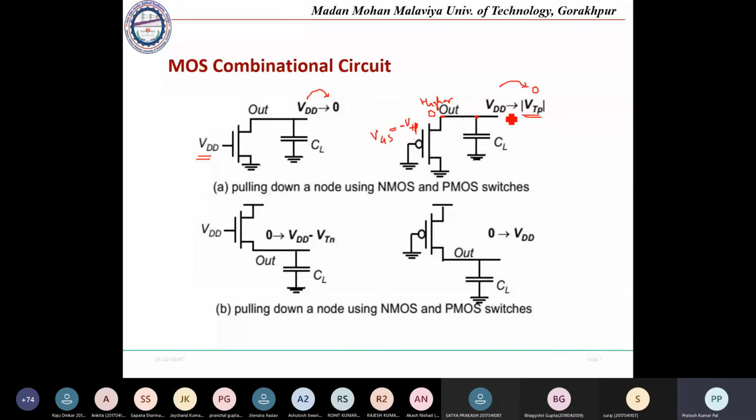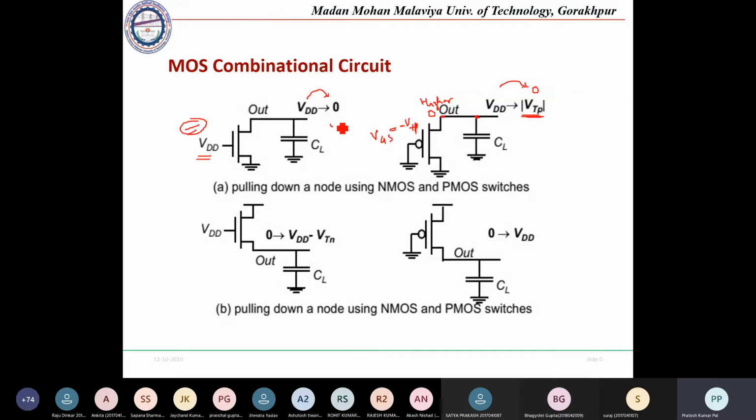To make the output a 0, it will have a value of VTP. So VTP will always be there at the output. Once it is switching from VDD to 0, it will only go down to VTP. It will not be switching to 0. So there is a limit to PMOS transistors. To have a 0 logic at the output, we will be using NMOS as a pull down network. So that's why this has the advantage. The NMOS will be used to make the output a low logic.